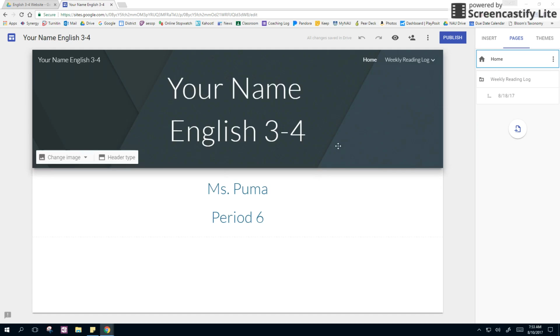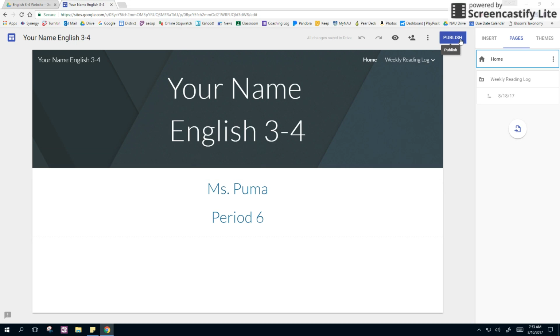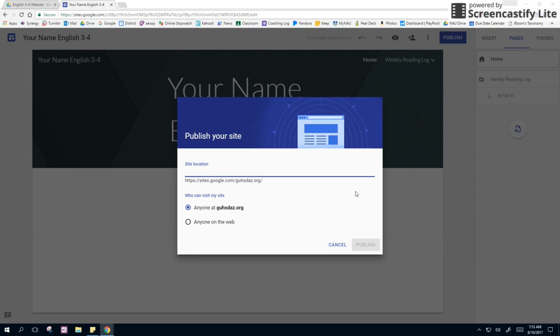Now, all of this looks good, except nobody can see it. Before anyone can see your website, you need to publish it. And anytime you make a change, you need to publish it. So you're going to click publish, and you're going to name your site, your name, your actual name, not the words your name, English 3-4. Now, anytime I hit a space, it's going to give me a hyphen, and it won't do any capital letters. So even though English is always supposed to be capitalized, and so is your name, it won't let that happen. Once you've done that, you're going to hit publish,